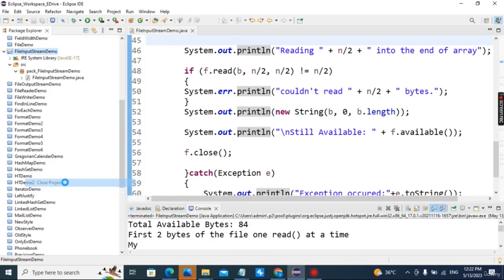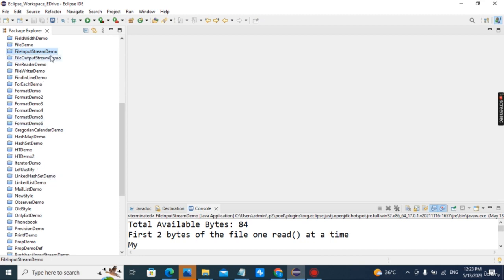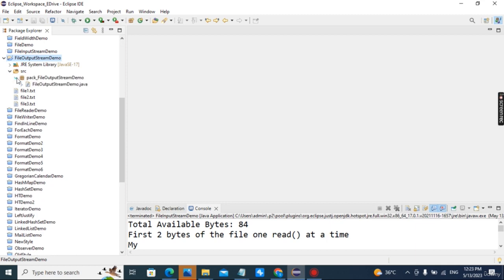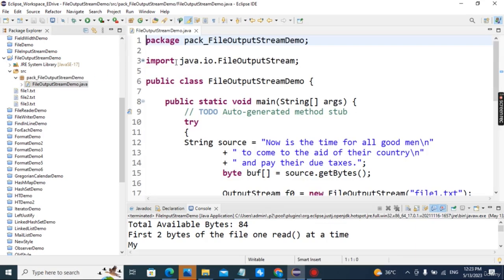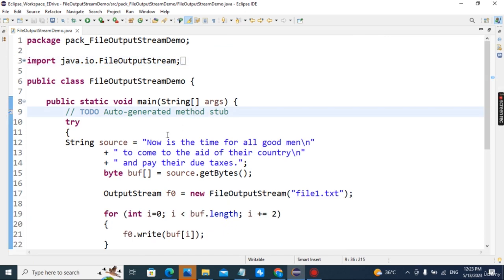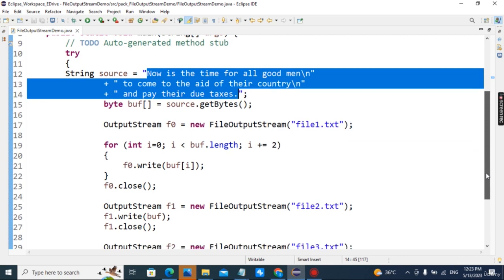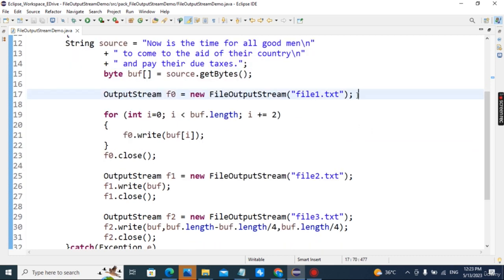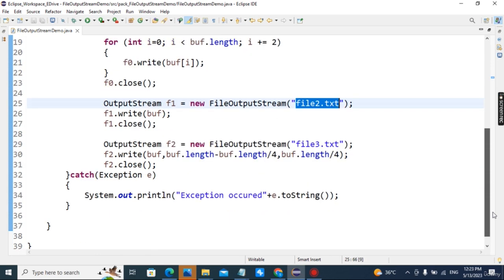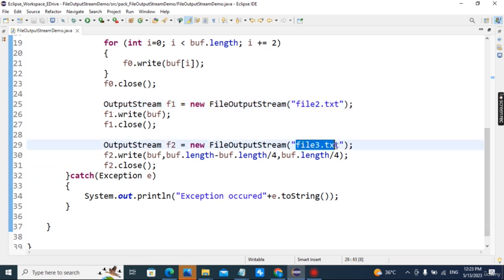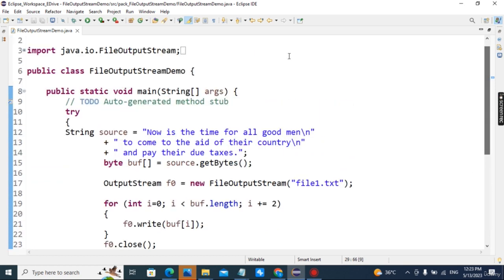Next, file output stream demo. The package file output stream demo is created, and this is the text. This program I have already explained to you. It will create three files. The first file will have your alternate words, the second file will have your complete data, and the third file will have the last quarter. So after running, three files will be generated automatically,